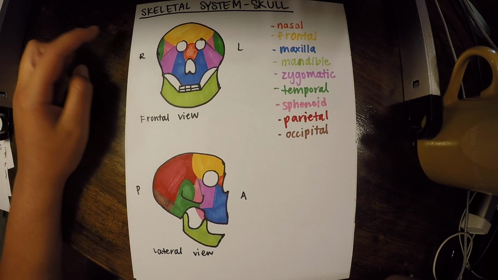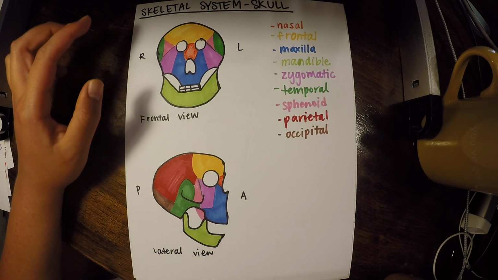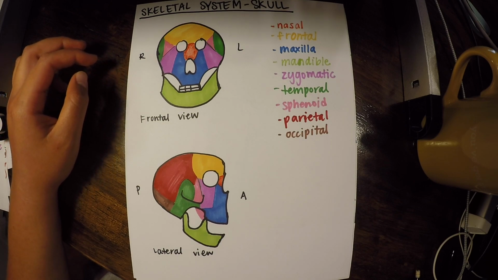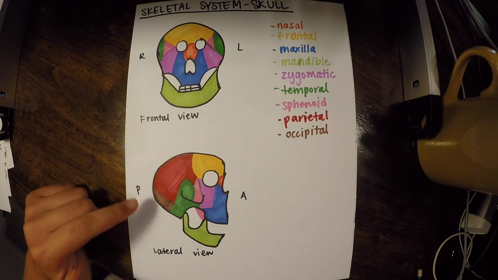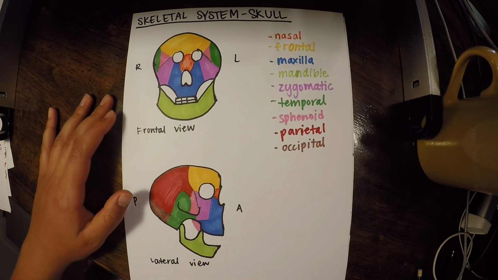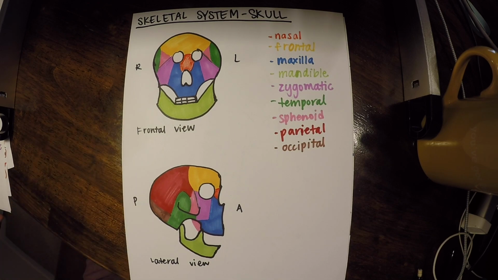We have our sphenoid bone, which remember we can't really see much of on the outside here. We can see a little more on the inside when we take a closer look at it later. And then we have our parietal and occipital bone. Okay, so this covers overall the outside of the bone of the skull. Now let's take a closer look at part of the inside.